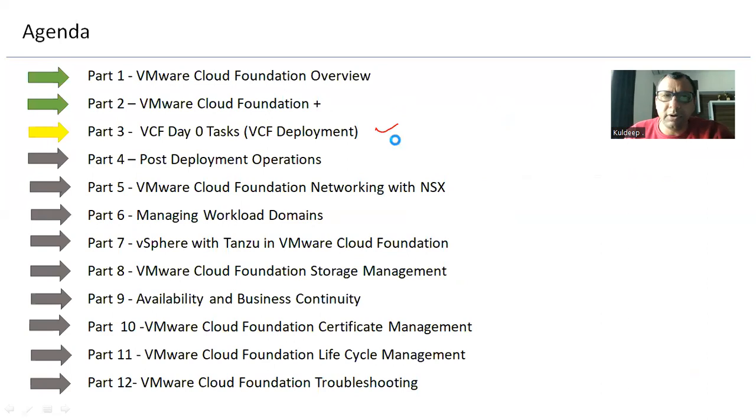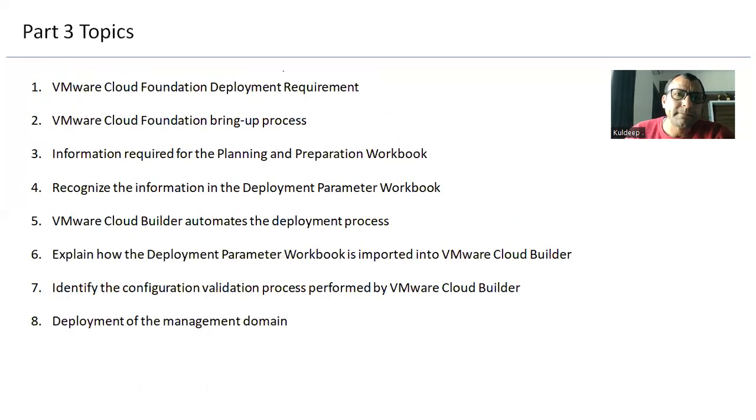What we are covering in this section is primarily the VMware Cloud Foundation deployment requirements, what the VMware Cloud Foundation bring-up process is, the planning and preparation workbook, and the deployment parameter sheet: how it looks, what tabs are available, and how we fill the details into it. Then the deployment process, how we upload the deployment parameter sheet into the Cloud Builder appliance, and configuration validation by the Cloud Builder appliance. Then in a lab session, we will see the deployment of the management domain,